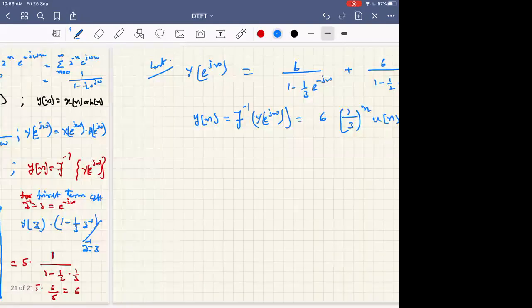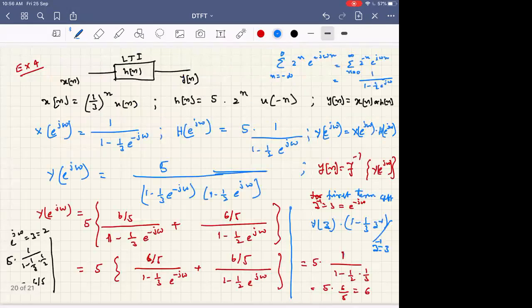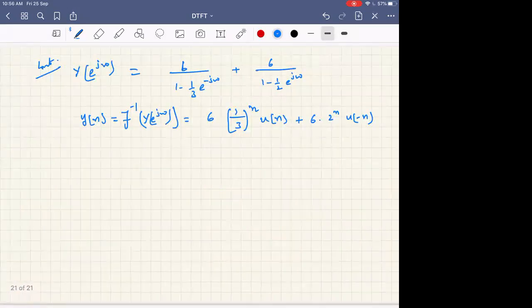You people check it. This came like this. I suggest you also verify one more time, because we have done it here itself in class. Okay, fine, so this is how we got the output. Finding using Fourier transforms enables us to find the output of linear time invariant systems efficiently. This is another kind of example.